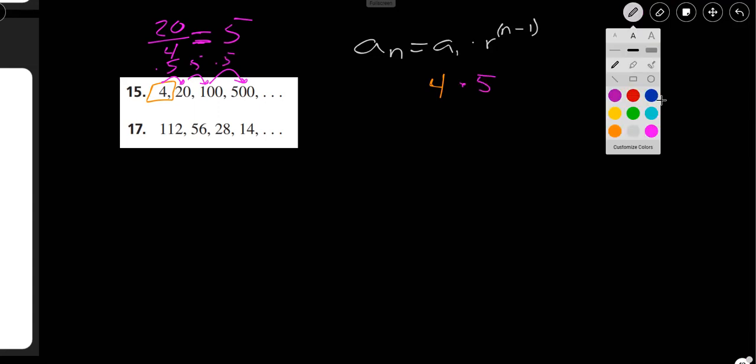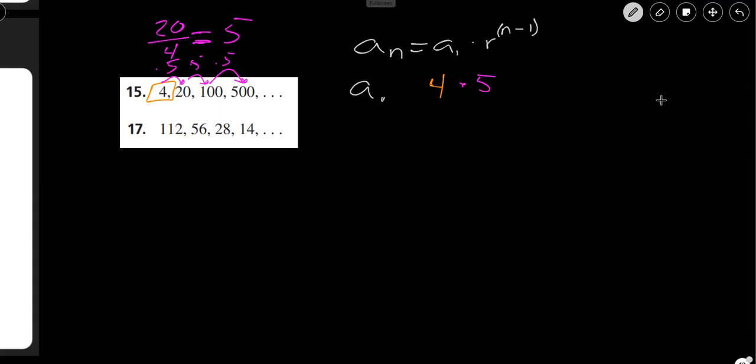So I plug that in, and then the rest of my equation is generalized because I'm looking for the value at position N. If I plug in an actual position number, I can find the value at that position number. And it asks us to find A10. We want to find A10, that's just going to be equal to 4 times 5 to the 10 minus 1